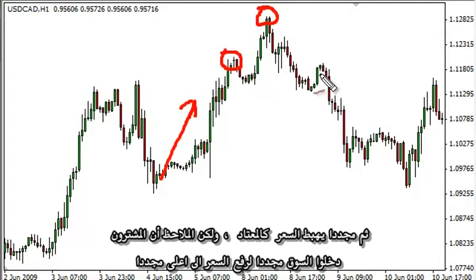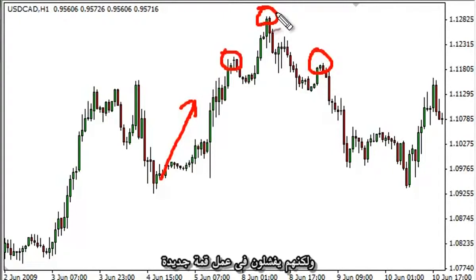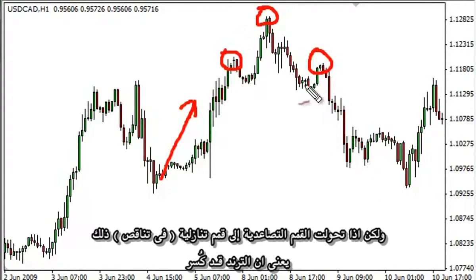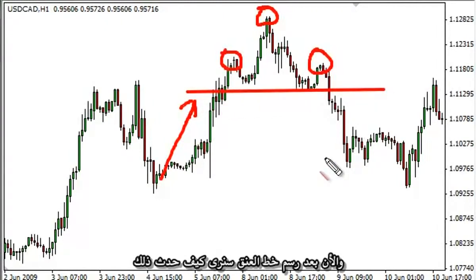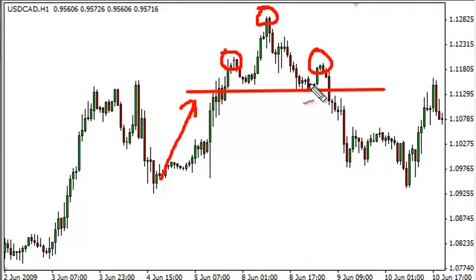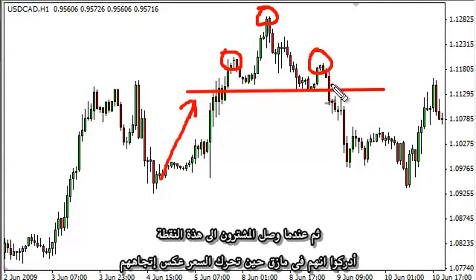But what should be noted is as the bulls came back in and tried to push prices higher, they failed to make a new high. Remember, a trend by its very definition is higher highs or lower lows, for example. And once you change the higher highs to a lower high, you are starting to possibly break the trend. Now that this neckline is drawn, you can see how this plays out. The buyers get involved, and once the new buyers come in at this point, they make a little bit of money. And once the new buyers come in at this point, they realize that they're in trouble as price starts to fall against them. Once this breaks down,